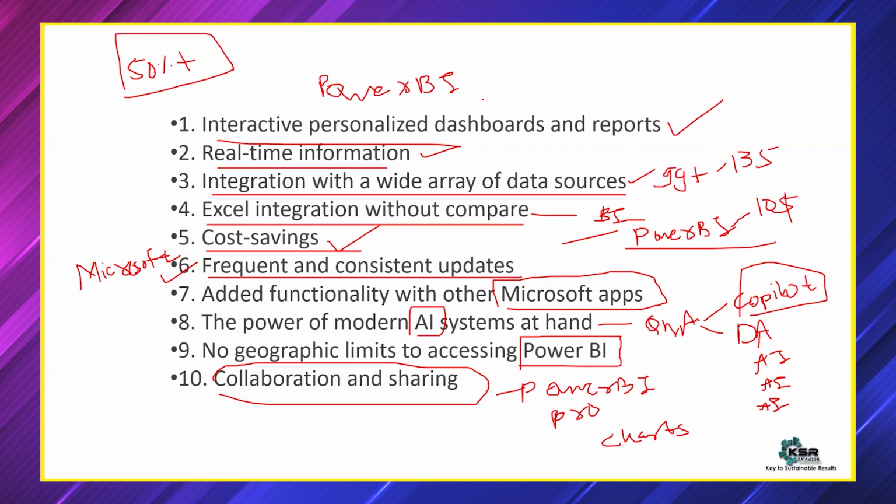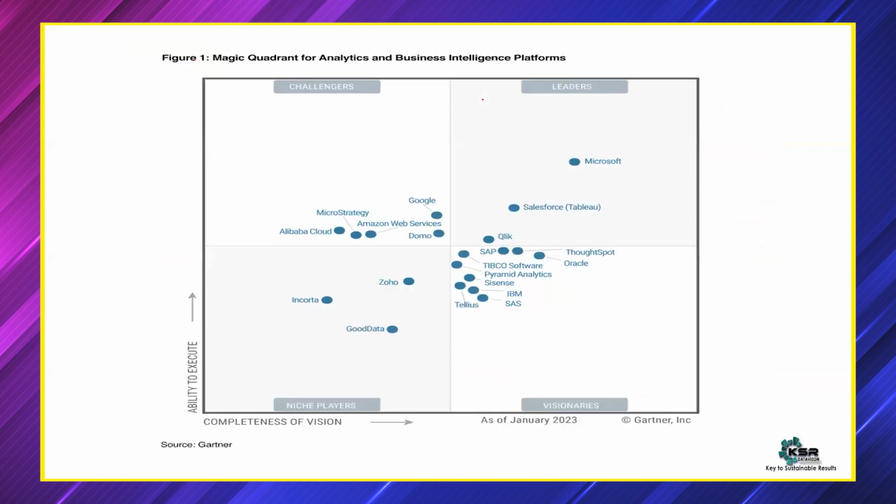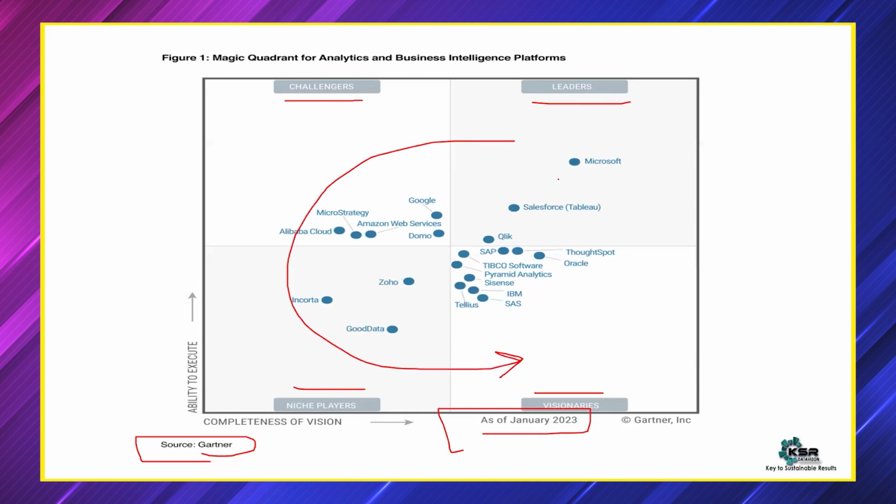Now we'll see a few more differences and why only Power BI. Now this is a magic quadrant. I'm not sure how many of you know about this, but in the demo session also I've given you an idea. Gartner is the company which analyzes each and every product, and they try to interpret it in terms of quadrants. Now here, this quadrant is the leaders quadrant. For every leader, there is a challenger. For every challenger, there are niche players. And for every niche player, there are visionaries. Now, this is how a quadrant works. This is the flow of the cycle.